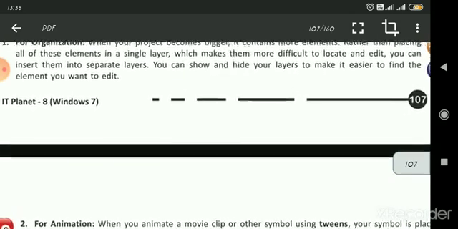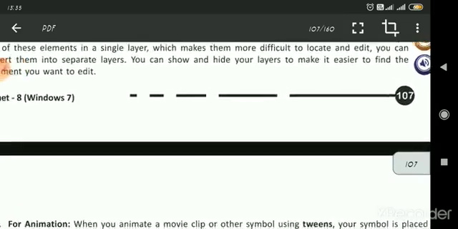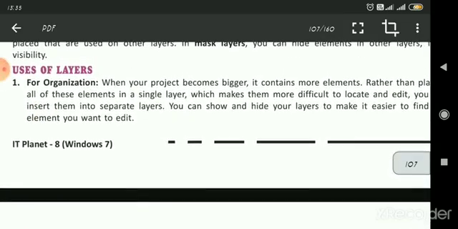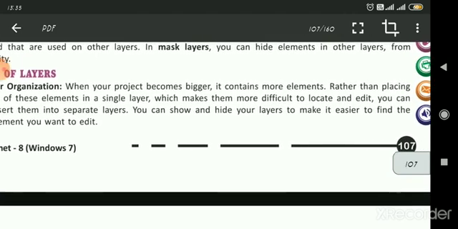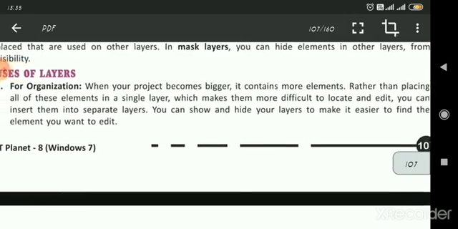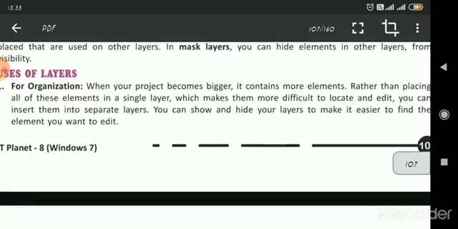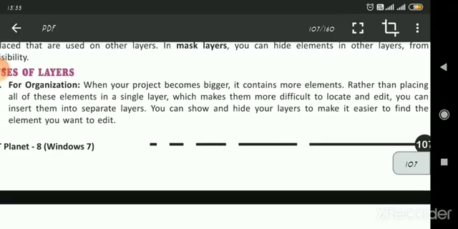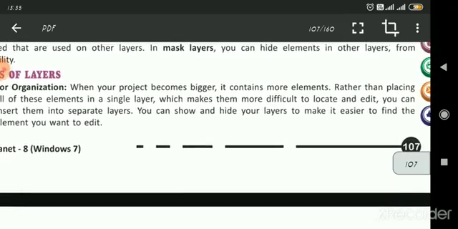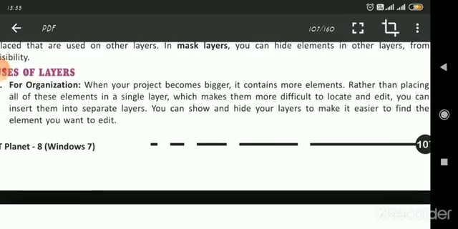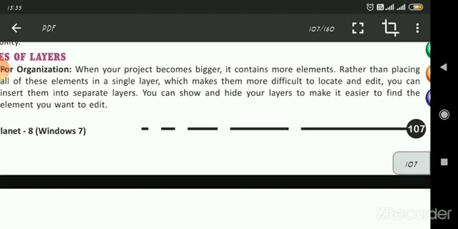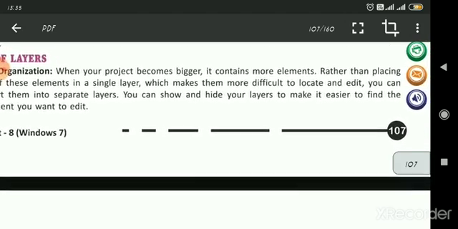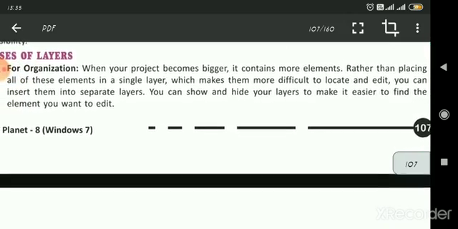If you are working in an organization and you are given a bigger project, use separate layers. You can show and hide your layers to make it easier to find the element you want to edit.